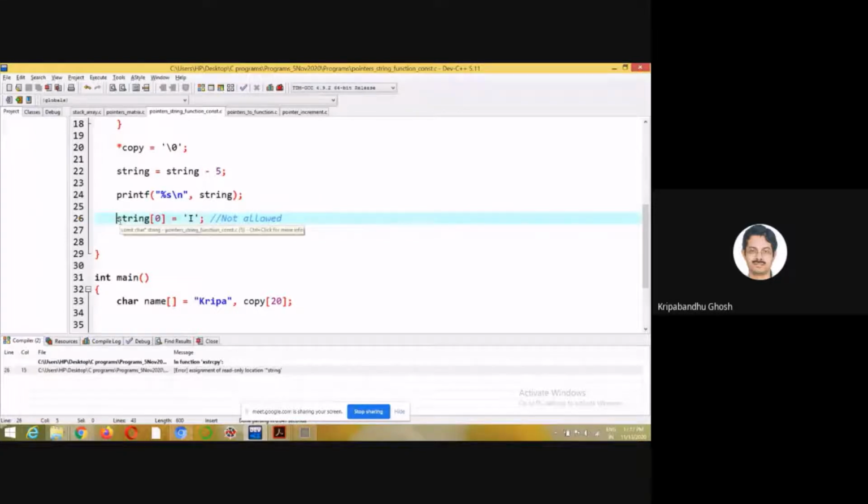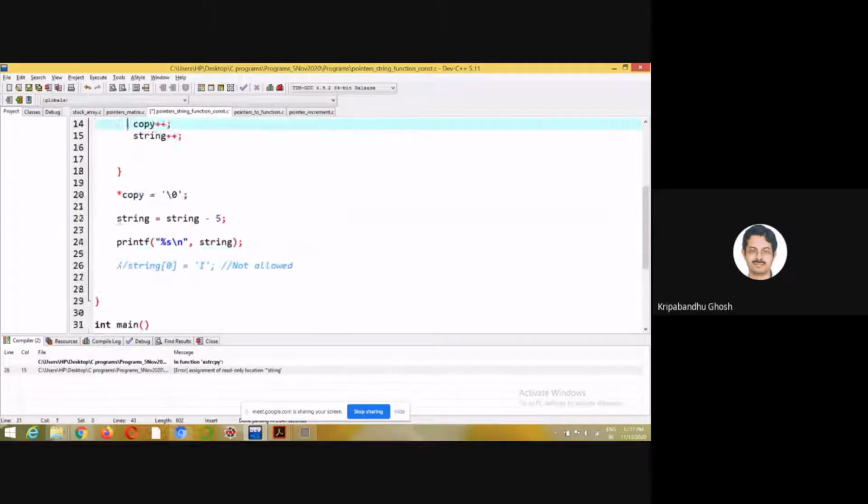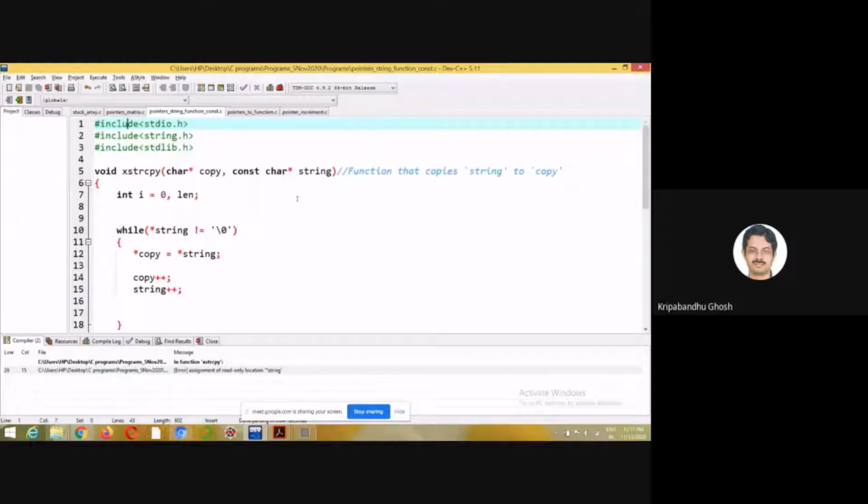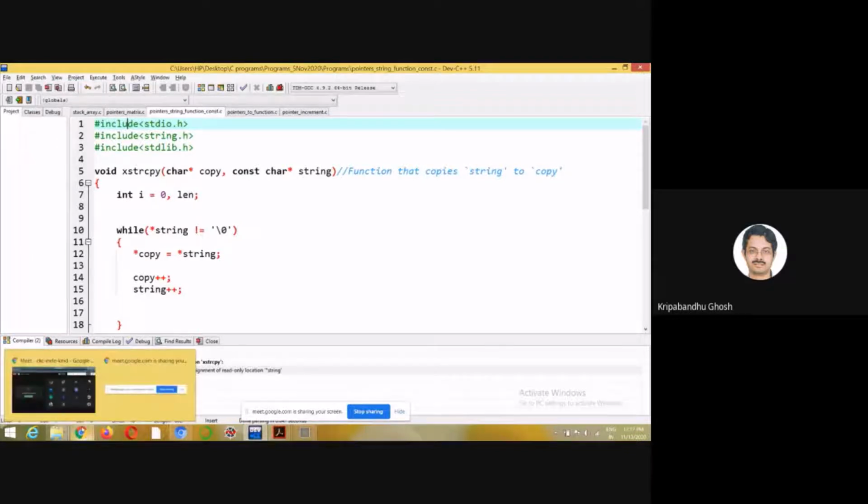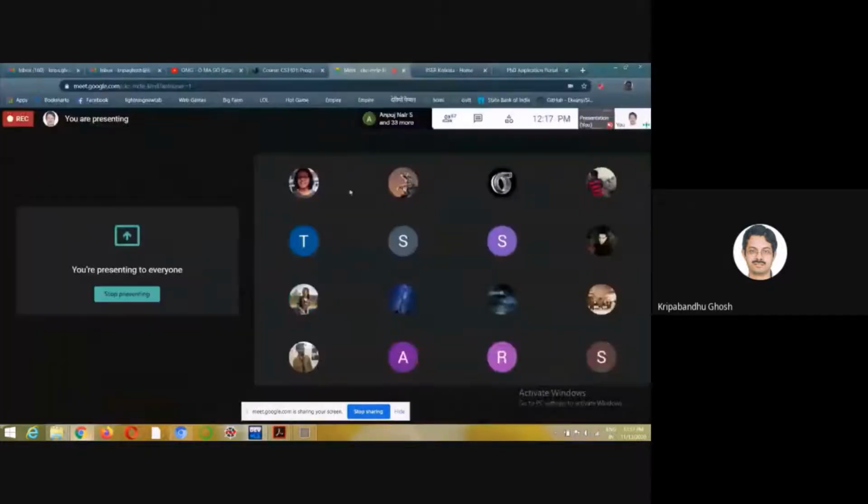So to stop this kind of activity inside a function where you are passing the actual address, which is a dangerous thing, you run the risk of actually changing it accidentally. It can happen accidentally, but you should stop it.